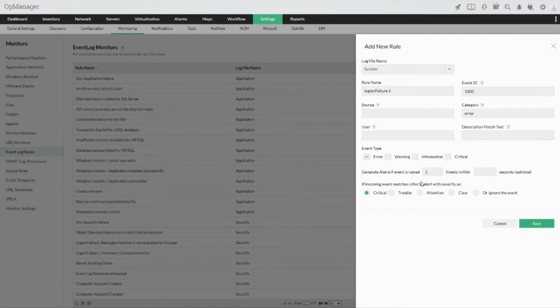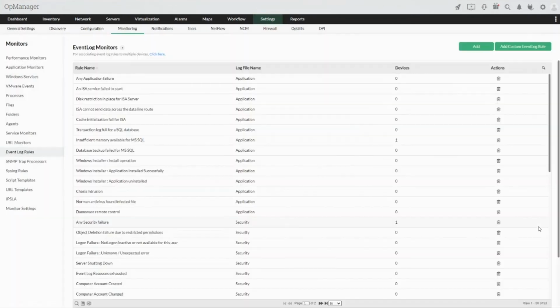The category is error. If you want to get it from a specific user, you can do that, or you can skip that part, and then you can also choose a custom criteria. For example, if there is an invalid login attempt more than 5 times, it's a critical event for me, because someone is trying to access my network with an invalid credential, or a user is entering an invalid login credential to attempt to access my critical server. In those cases, I could immediately get a critical alert and get notified based on each event and the criticality of that particular event in your environment. You could set the threshold and get notified.